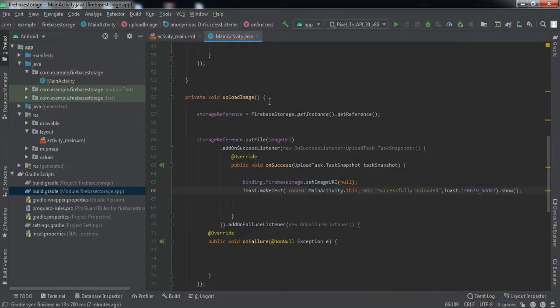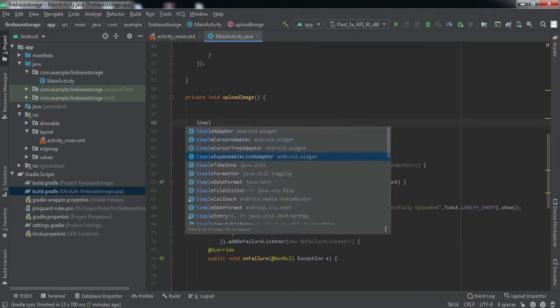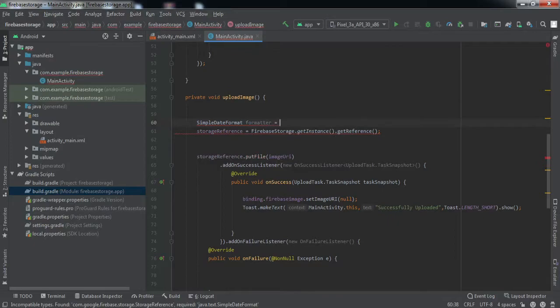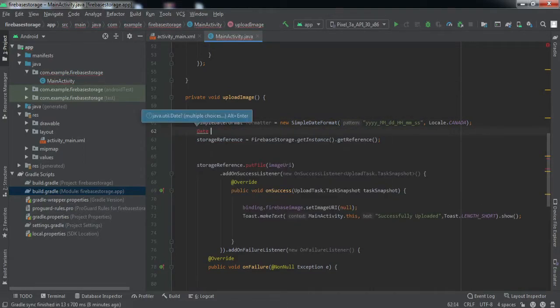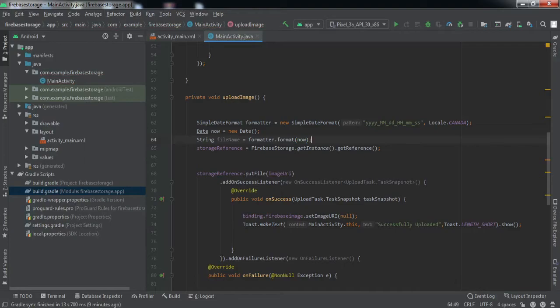So now for the reference, what we want to do is we want to make the name of the file from the current date and time. So for that, what we're gonna do is, so guys, this is the method to get the string in the form of year, then month, day, hours, minutes and seconds, right?